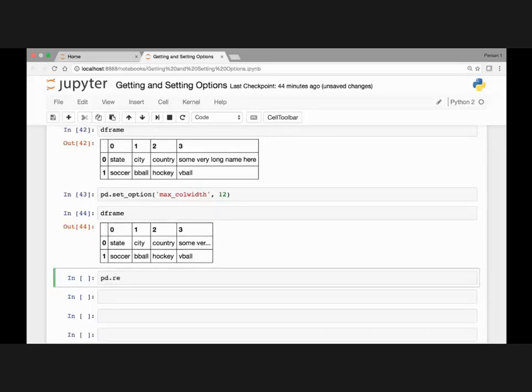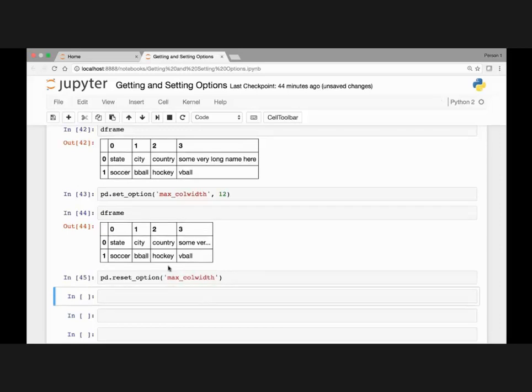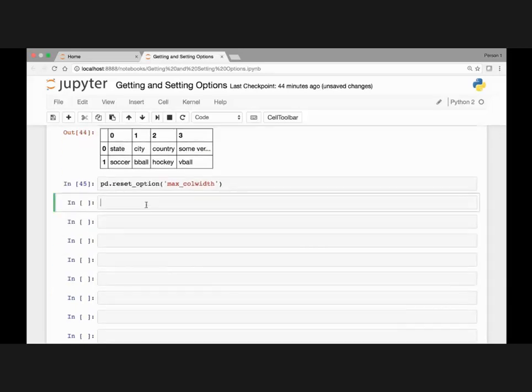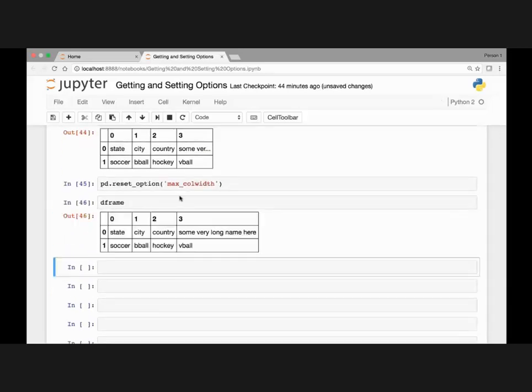Let's reset the option to its default value. So pd.reset_option, then we pass the option name, which is maximum column width. Now if we look at our data frame again, we'll be able to see